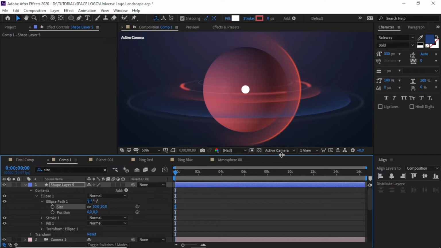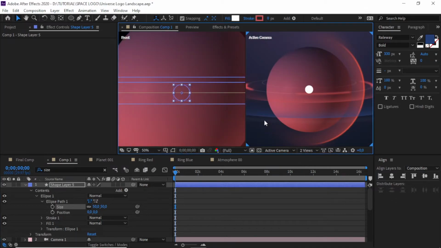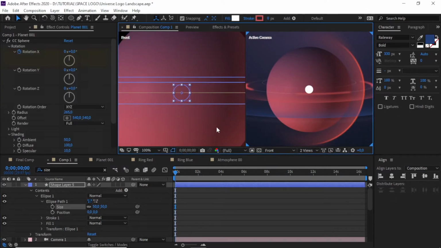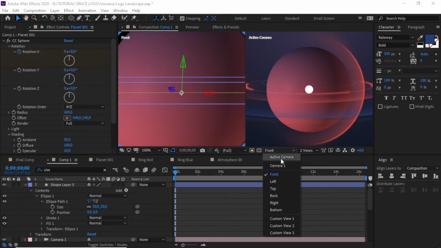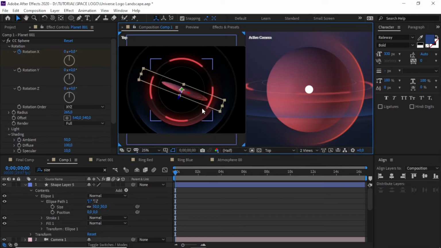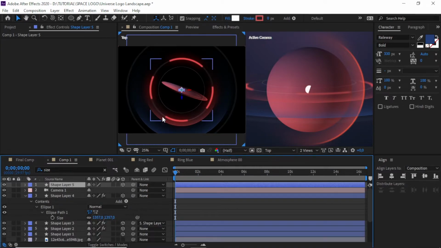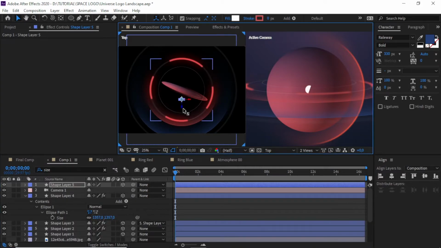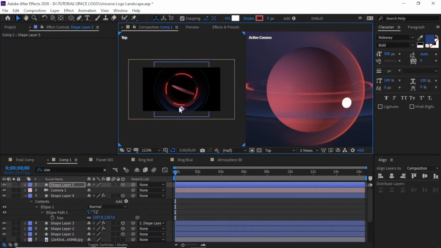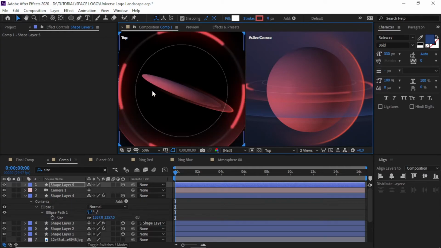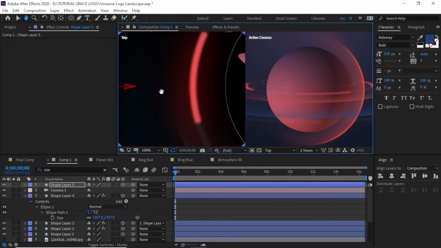Now here is the tricky part. Let's see on top view. Here is our shape. Make it 3D. As we can see, we need to move this one on the outline ring position like this.